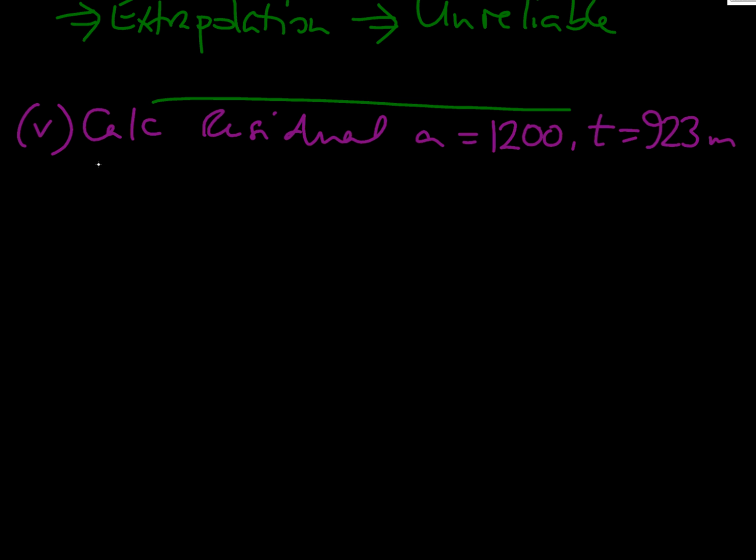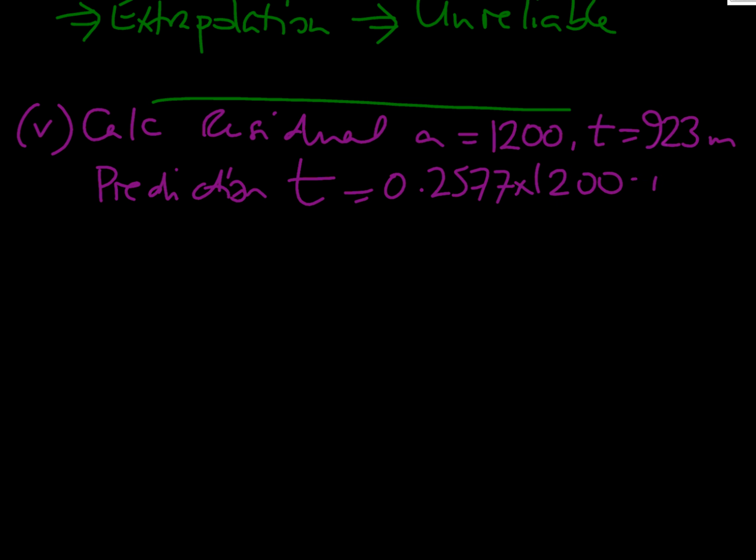Okay, so what are we going to do? We're going to find our prediction first. Our prediction is t equals 0.2577 times 1200 plus 623. There we go, plus 623 gives us a value of